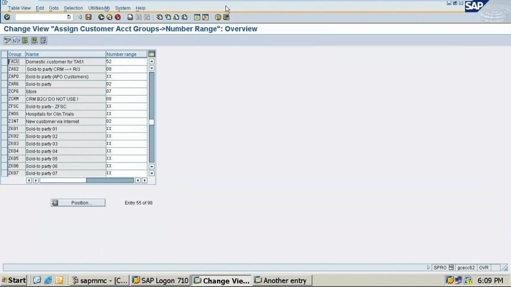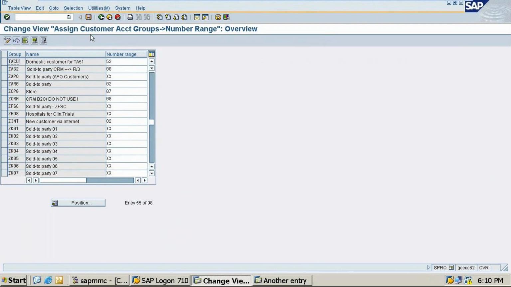Ma'am, in the number range, you have to give the number that you have given. That's what it's showing, number range 52. At first I did not see it; after this I saw your photo, and then I saw that it is only the number range assign. So here you need to assign. This will open; type the number range which you have given, and save.